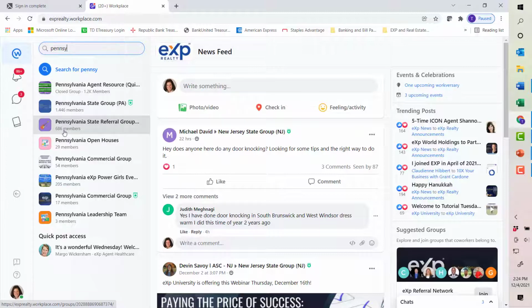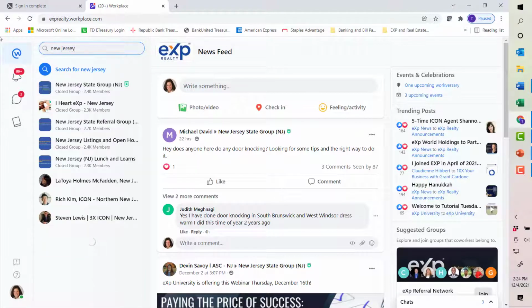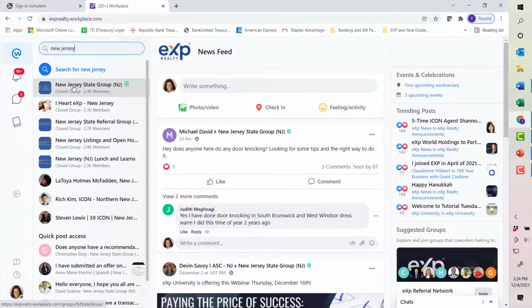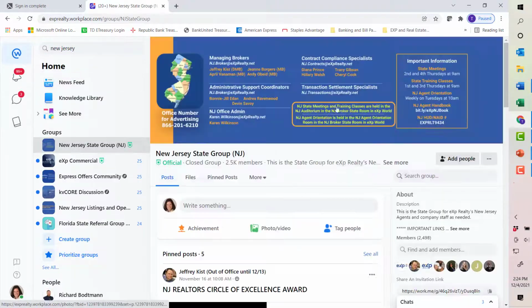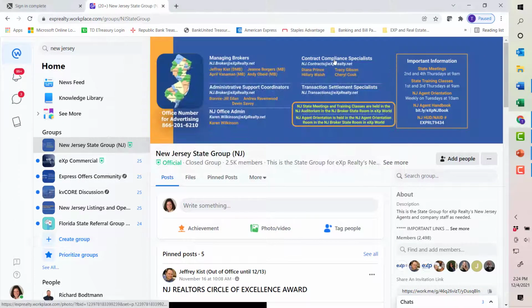You'll notice that some just reference a member count, and others, in addition to member count, reference that they're a closed group. Closed group means that you have to receive permission from whoever administers that group to gain access to it. Okay? As we've talked about a couple of times, I'm in New Jersey. So a couple of the groups that I made sure to join, I'm in the New Jersey State group. So if I go ahead and click on that group now, just like if I did that in Facebook, if I'm doing that here in Workplace, I'm going to see everything about the New Jersey State group that has been